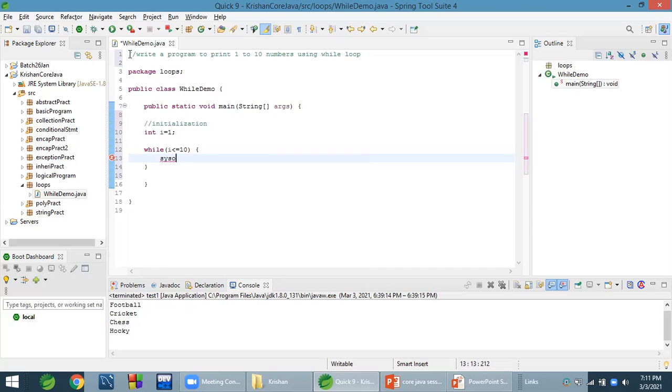Then we will print i. Then i++, the increment operator. This is the condition and this is the increment. First of all, we want to print from 1, so we initialized the value 1 to the variable i.